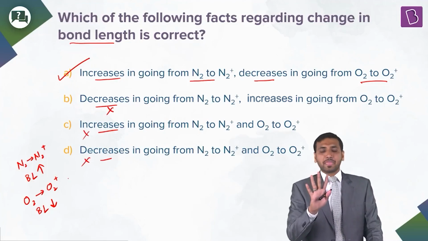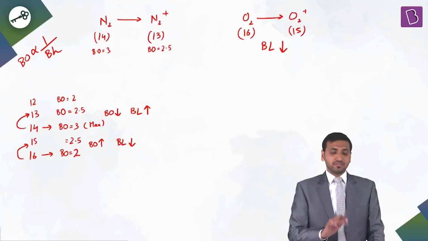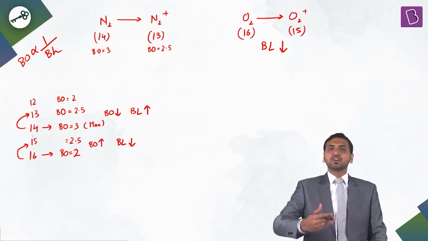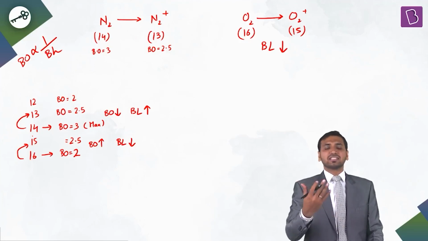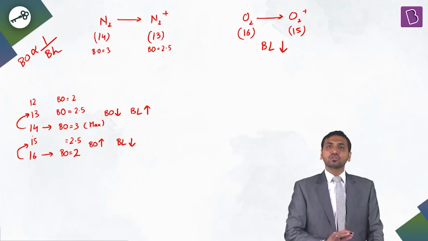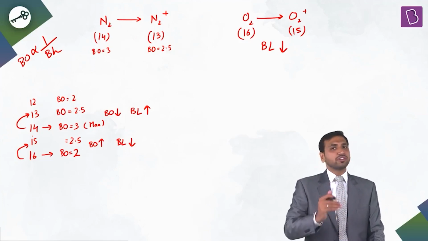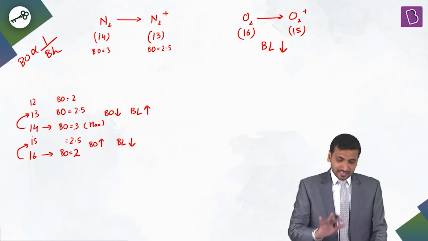This is one method. This is what you have done with observation. We have observed that bond order at 14 is maximum, and when you are moving from 14 to 13, bond order decreasing, bond length increasing. 16 O2, bond order is 2. You are moving from 16 to 15, 2 to 2.5, bond order increasing, bond length will decrease. Another way is